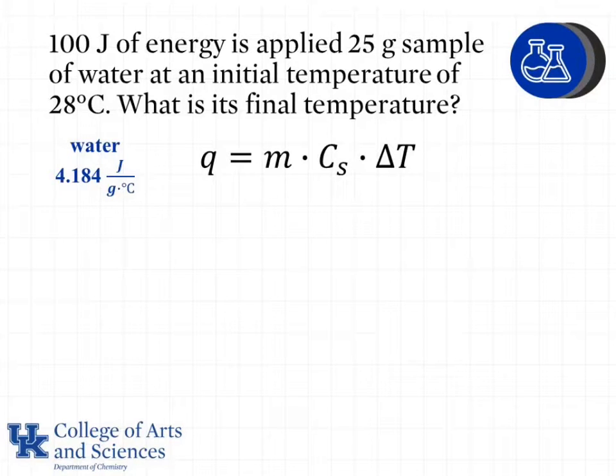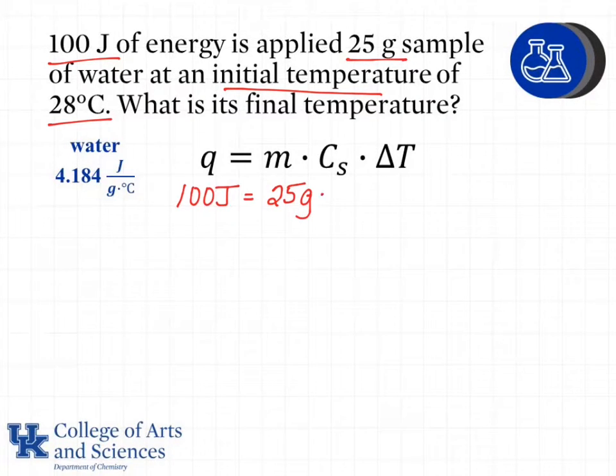100 joules of energy is applied to a 25-gram sample of water at an initial temperature of 28 degrees Celsius. What is its final temperature? We're given the specific heat capacity of water as 4.184 joules per gram degree Celsius. So now we can start filling in the values that are given in the problem. We know we're given 100 joules, 25 grams, and the initial temperature of 28 degrees Celsius. So we plug in 100 joules, 25 grams, the specific heat capacity of water, 4.184 joules per gram degree Celsius,